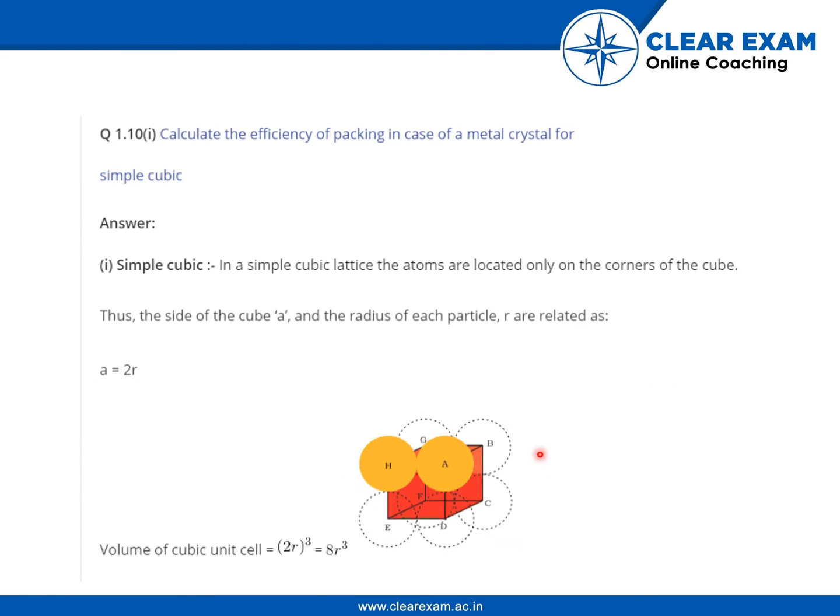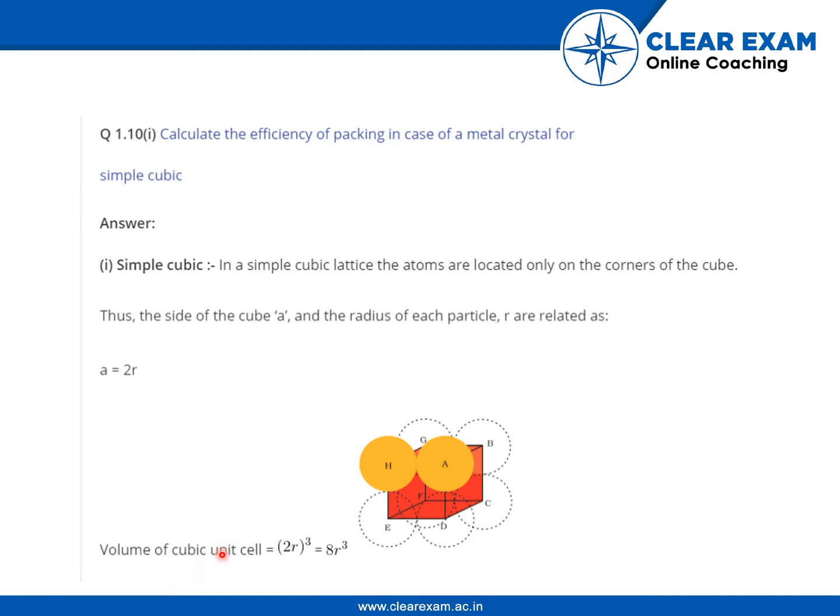So you can easily visualize it seeing this diagram of a cube. Suppose we consider this side ED. ED has side length of A, and we consider atoms present at the points E and D respectively. So we can see this dotted circle and this dotted circle. As you can see, they touch each other at the center of ED. So what is the radius? This is the half of the side length, which is A by 2.